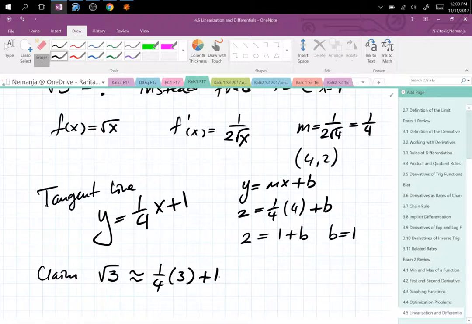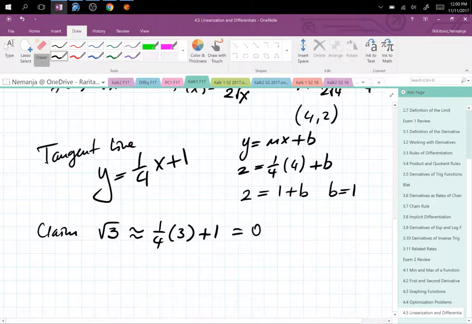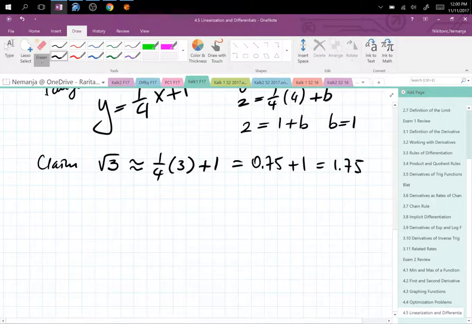So 3/4 is 0.75 plus 1 is equal to 1.75. So my calculation by hand for square root of 3 is